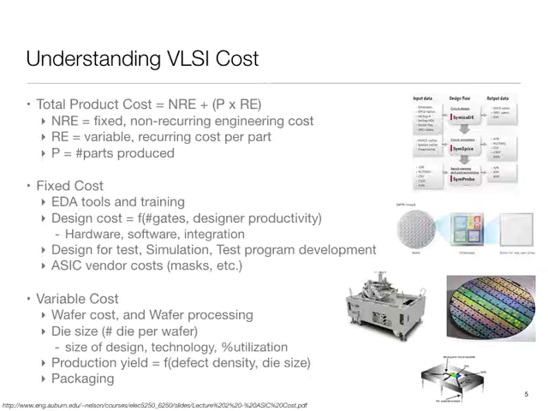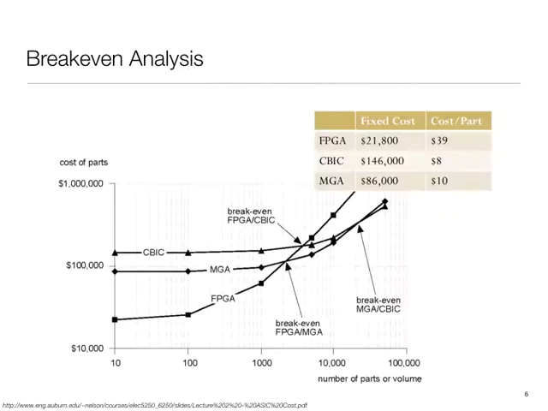But long story short, both chips and PCBs have both these components, and therefore, if you look at the overall structure, like FPGAs, fixed cost, and different kinds of devices are going to have different fixed cost structures,